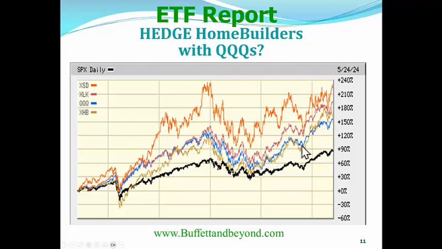If they do, then we could use the QQQs to hedge the home builders. So we're following the brown line and the blue line, and we can see, boy oh boy, they pretty much move together, don't they? So yeah, maybe we could use the QQQ hedge for the home builders also,